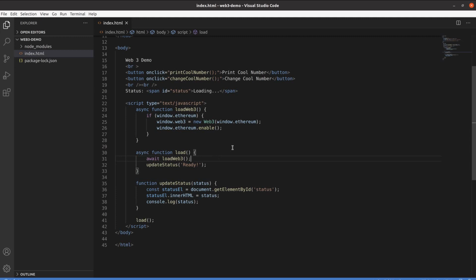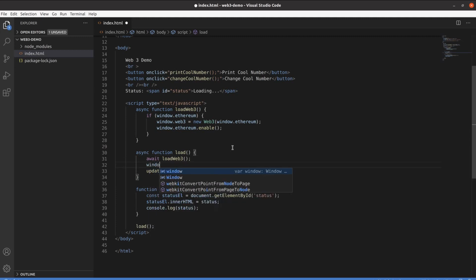So what we are gonna do is, after we load Web3, we're gonna do window.contract. We're gonna save the contract on a global instance so we can access it from other functions, and we're gonna do loadContract. All these functions require the await, because I really want to wait until the contract is loaded, until I show the status as ready. I don't want this to happen on a separate thread or asynchronously. I want to make sure the execution here awaits for the results. So all right, now we need to declare our function loadContract,